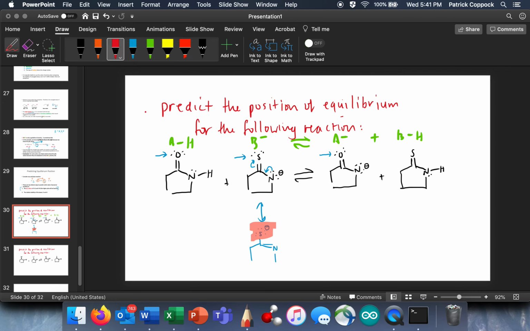You know how we go SH? It's the conjugate base of SH, which is an acid, but a weak acid. Now let's come over here and do the same thing. I can do resonance with this also. This can go here, and that can go here. And so this appears to be